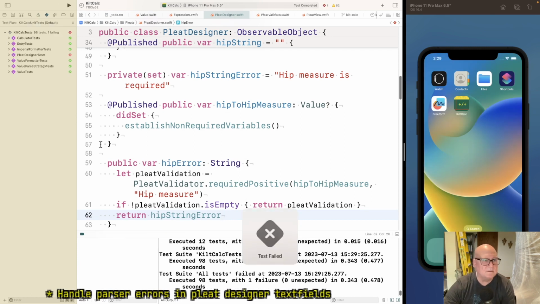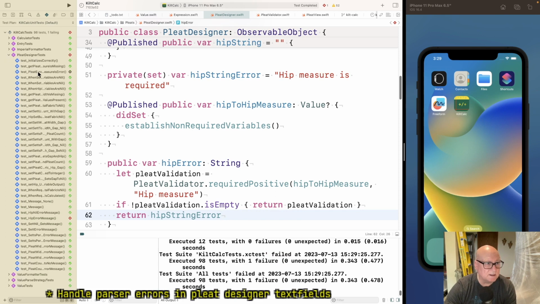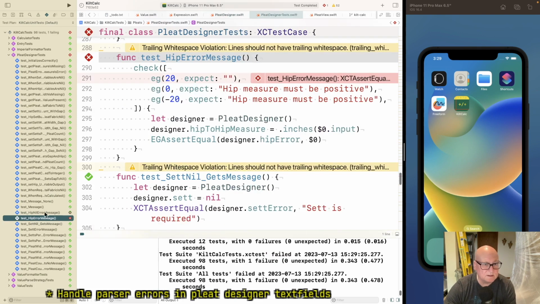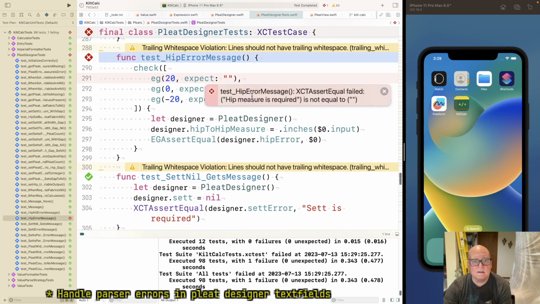Yeah, good. Okay, because I changed the way this all works. If, okay, you got nothing, hip measure is required. Oh, wait. Hip measure is required. The error message should be empty if the value is 20.